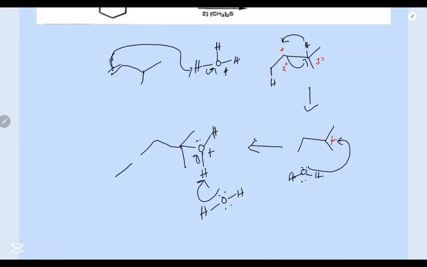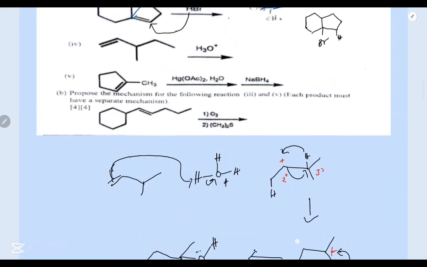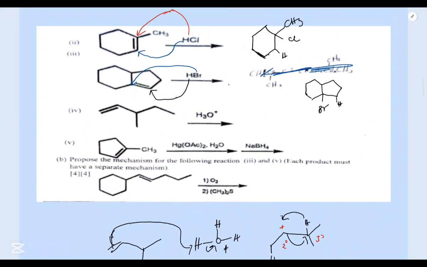So here you have your final answer, as you know, OH being added to the more substituted carbon. So this is your final answer, plus H3O+ as a catalyst. So here our product is